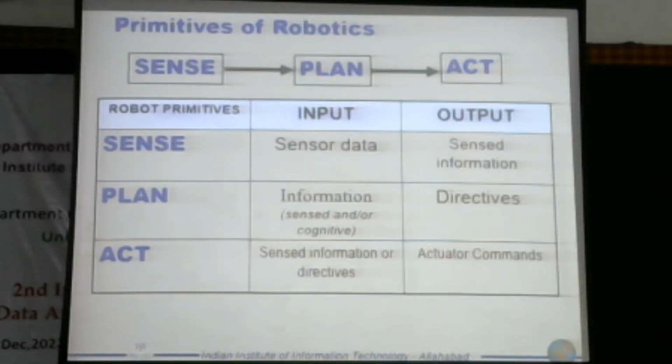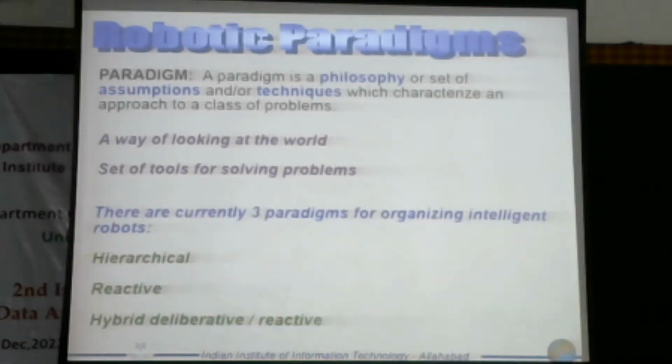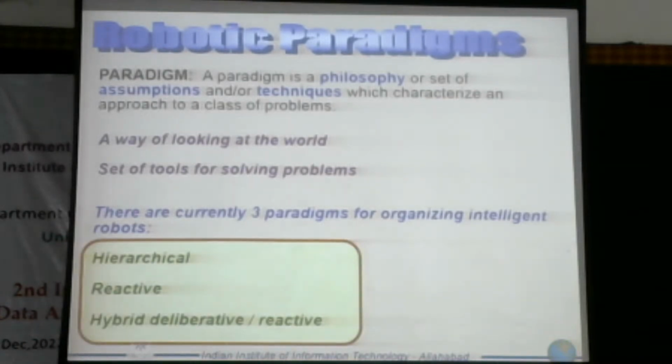The primitives of robotics or machine learning come from sense, plan, and then act. So you have this sensor data, then you have information, and then you act according to the information that you have planned. So this is a robotic paradigm, where you have 3 different ways. One is the hierarchical, another is the reactive, another is the hybrid